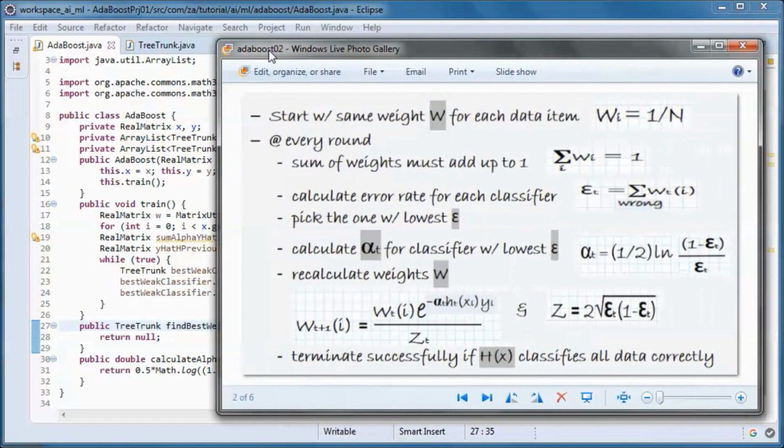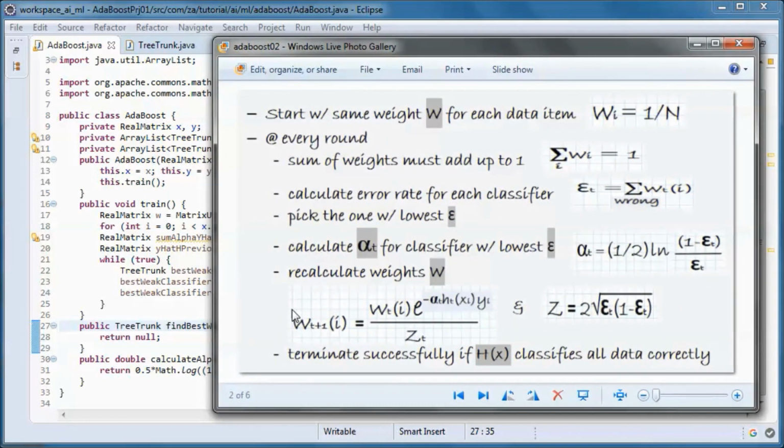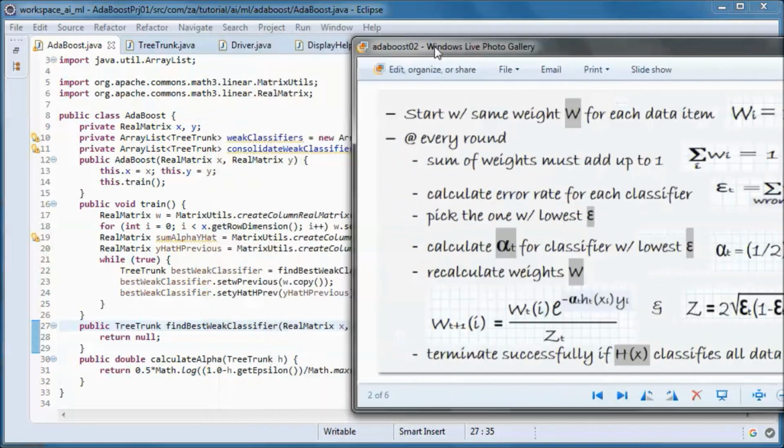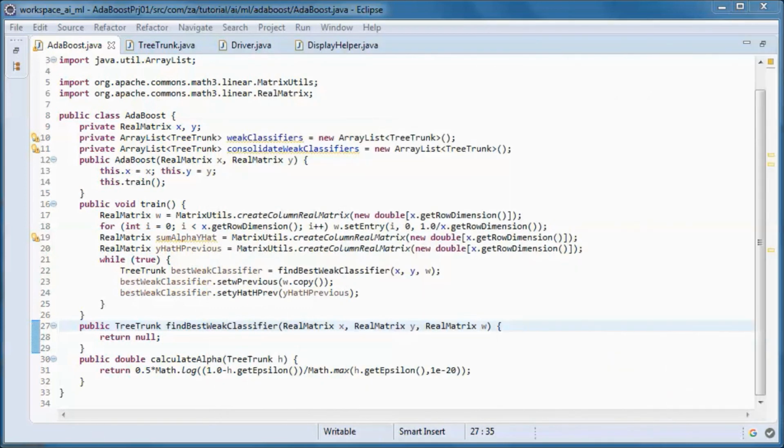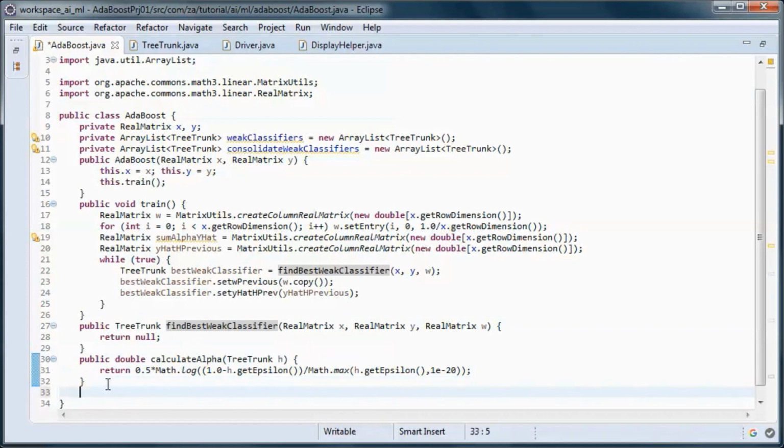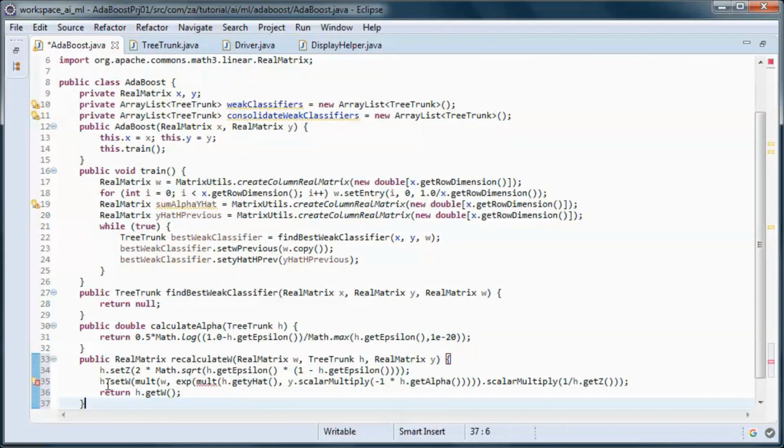And we need a method that recalculates the weights W according to this formula. So this should do that.